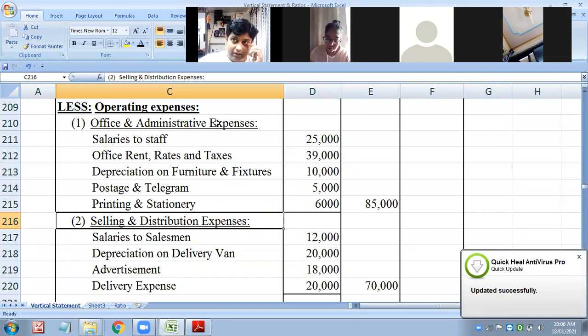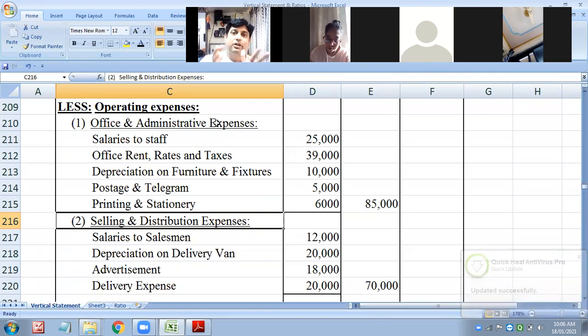Again, try to understand that the concept and logic of cost accounting is totally different from the concept and logic of management accounting. There they wanted to calculate the cost at each and every part where they are incurring it, whether it is prime cost, works cost, or cost of production, and in cost of production only they are including the office and administration, whereas selling and distribution is taken as a cost of sales aspect.